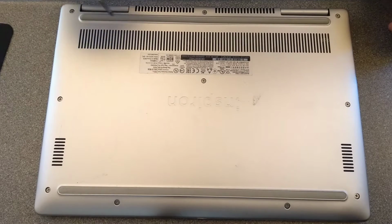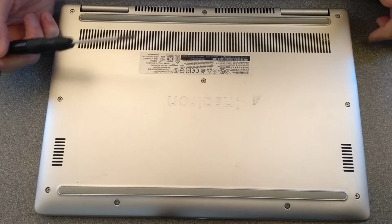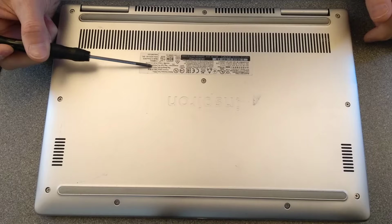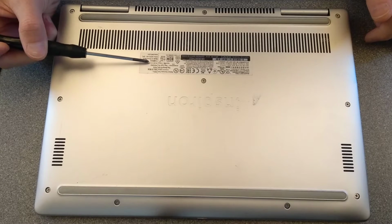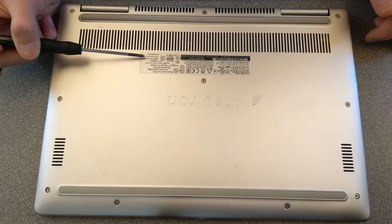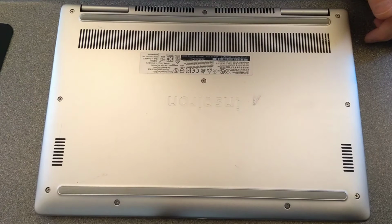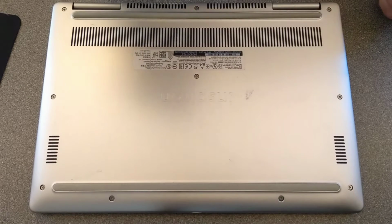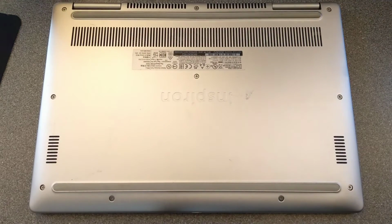Hello everyone, here's how to open up and reseat the keyboard connector on this Dell P83G, possibly also Reg Type P83G002 and part number XXP2CA01, manufactured in 2019. This is also known as a Dell Inspiron 7380 computer, and it's an 8th Gen Core